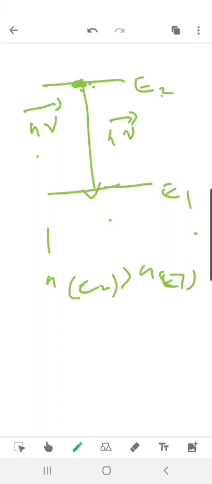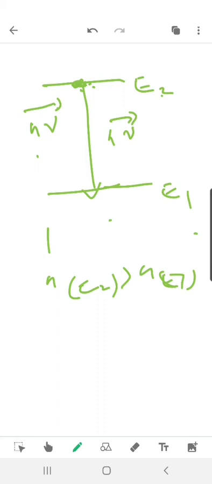So to understand this complete process together, let us join all the process. First of all, what will happen? We will apply some photon energy, and due to this photon energy, the electron from E1 will reach the E2 state during absorption. Okay. Now when they reach from E1 to E2 due to the absorption of energy, there will be a time when all the electrons from E1 will reach the state E2. When this happens, there will be population inversion, because all the electrons are now at E2 state and E1 is vacant.